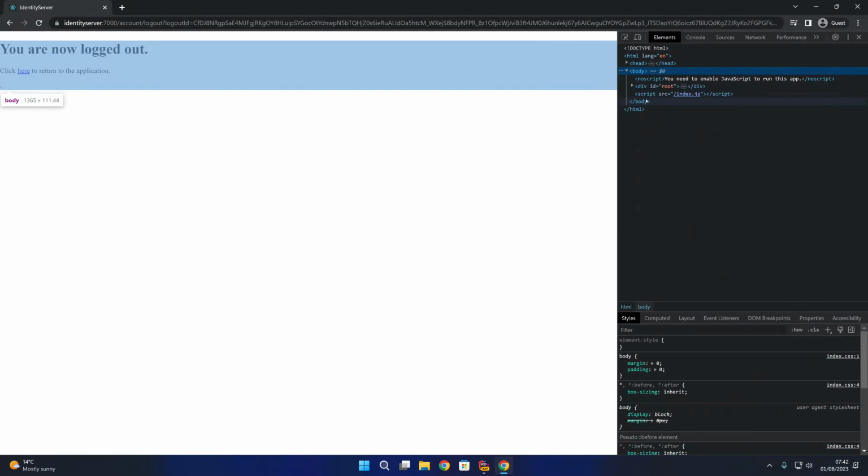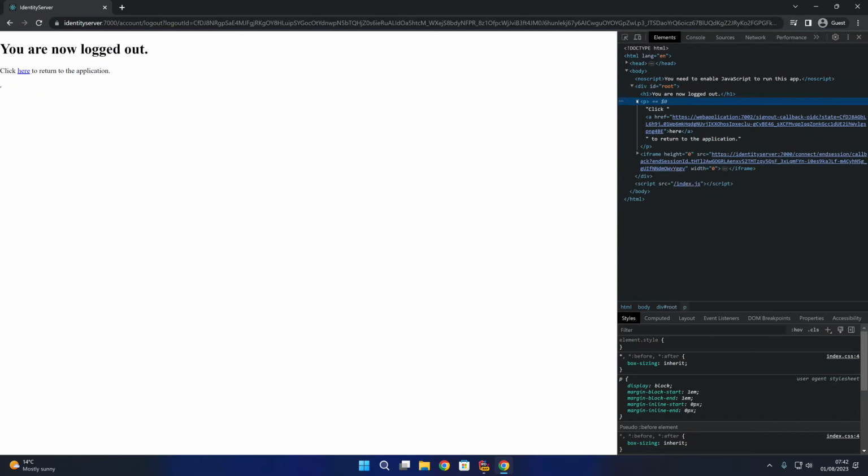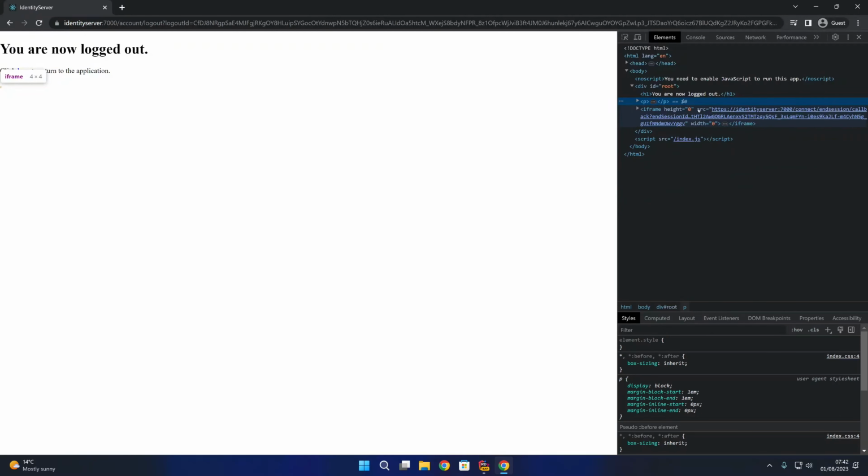You'll notice if we look at the elements inside our root div, you can see we have our "you are now logged out" header. We have our p tag with our link to return back to the application, and we then have our iframe with a 0 width and height, which then contains the source for the connect end session callback. So what that is doing there is it's going from the web application to the end session endpoint within